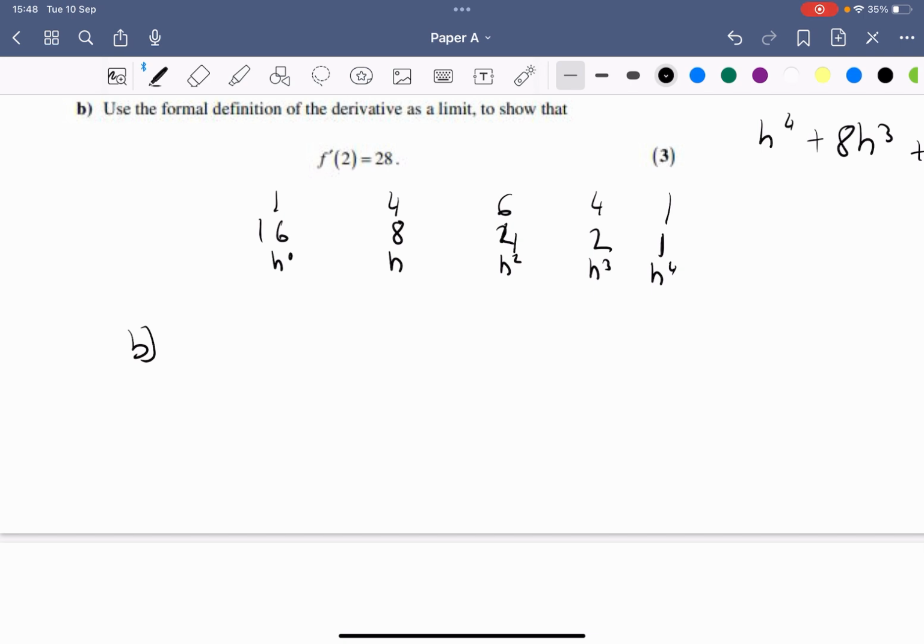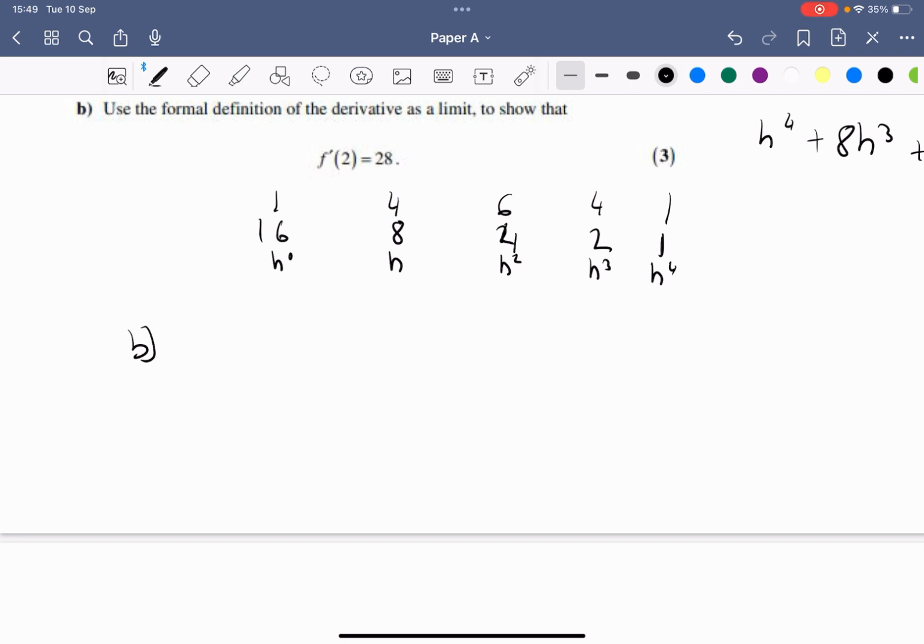Okay, so for part B, I need to use the formal definition of the derivative as a limit to show that the derivative of f of x when x equals 2 is equal to 28. Okay, so essentially what they're saying is differentiate it with first principles